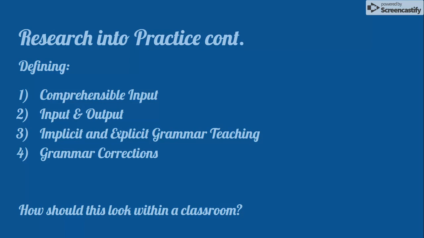The idea of implicit and explicit grammar teaching are two ideas that are quite opposite. Implicit teaching refers to students analyzing language and trying to figure out grammatical patterns and rules based on analyzing a poem or a reading or a song. Typically, this is a little bit more enticing for students. It gives them a quote unquote aha moment. And PACE lessons are something that really encompass the idea of implicit grammar teaching.